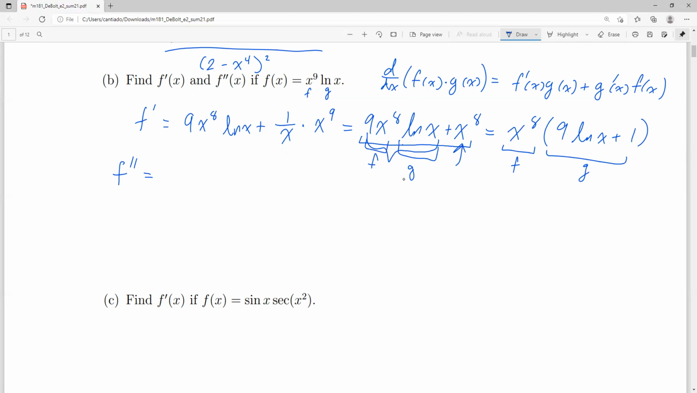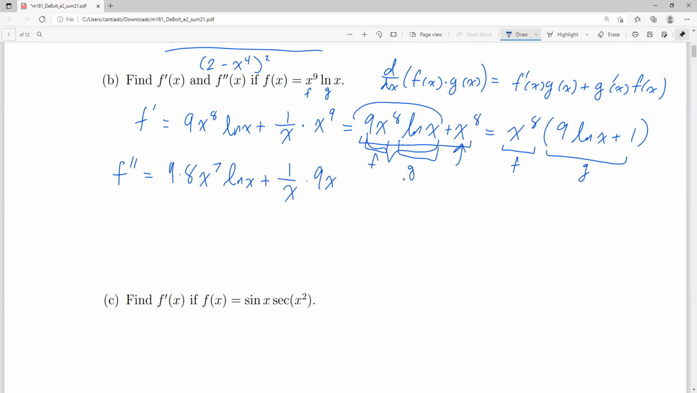Let's go ahead and take the derivative of 9x to the 8th times ln of x plus x to the 8th. So first we got to handle this first term right here, which is going to be a product rule. So it's the derivative of f. So what is the derivative of 9x to the 8th? Well, bring down the power. We'll have 9 times 8 x to the 7th times the g, which is ln of x,